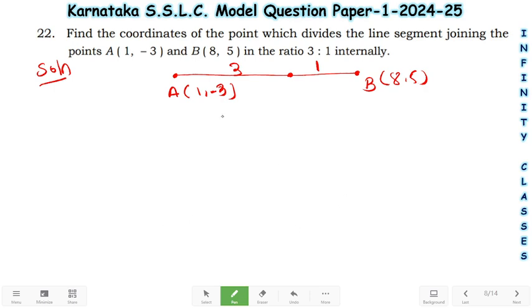So this one is x1, y1, this is x2, y2, this is m and this is n. By the section formula internally, we have to find this point, that is P of (x, y). We have to find this P of (x, y). By the section formula,